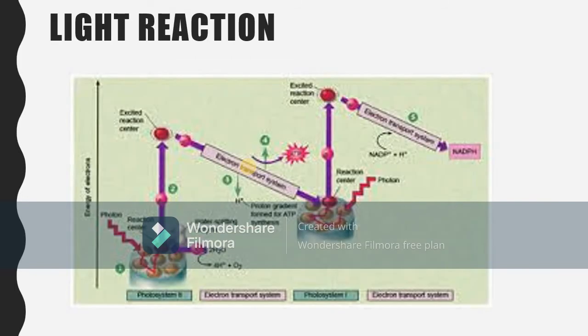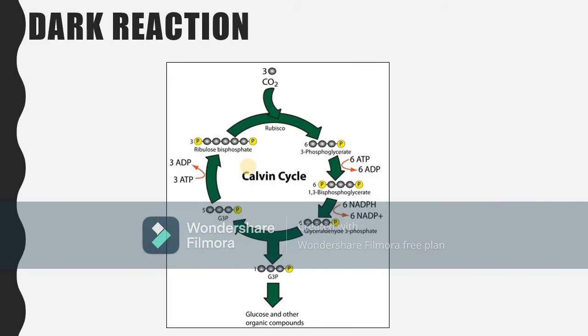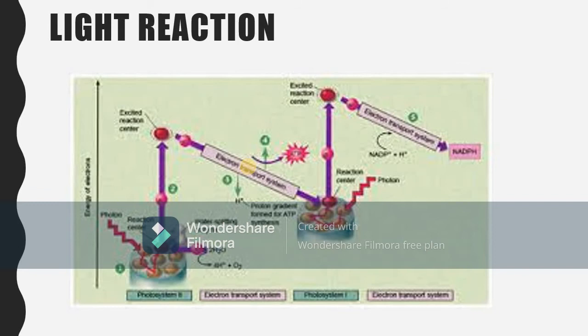Now coming towards the second one, this dark reaction is also called the Calvin cycle. While the light reaction is also called the Z scheme. As you can see in the figure, it works like a Z structure. So the summary of what takes place during these reactions is what you can see through the figure as well, that when chlorophyll molecules absorb light, their energy level increases, and then